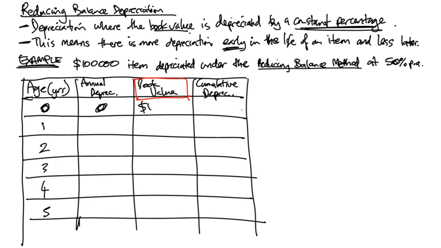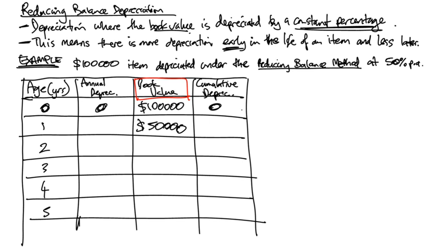So we said the item was worth 100,000 to start off with, so there has been no depreciation in total. After 1 year, we've said the reducing balance depreciation for this example is 50% per year. So how do you work out 50% of something? You times it by 0.5. If you do 0.5 times 100,000, you're going to get 50,000. So from your calculation, you're going to work out that after the first year, the item is worth half as much,